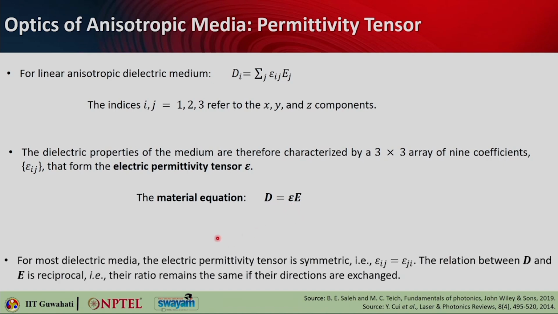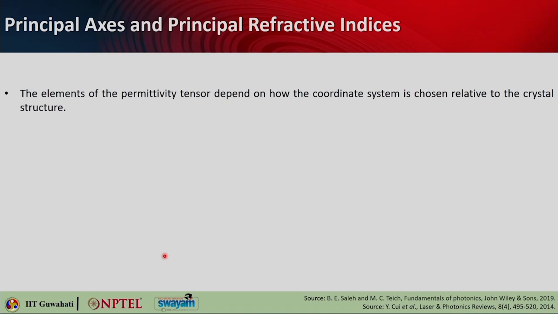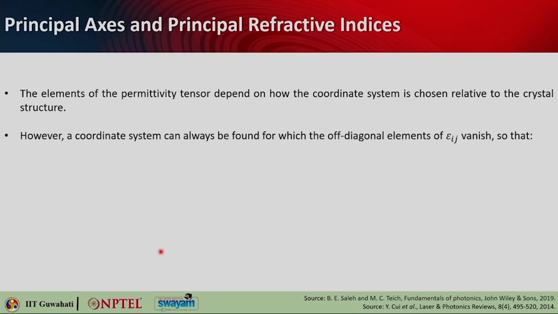Now, for most dielectric media, it has been found that the electric permittivity tensor is symmetric. So, epsilon_ij is the same as epsilon_ji. In that case, the relationship between D and E is also reciprocal. That means their ratios remain the same if their directions are changed. The elements of the permittivity tensor depend on how the coordinate system is chosen relative to a crystal structure. However, it can be done very smartly, because you can always find a coordinate system where the